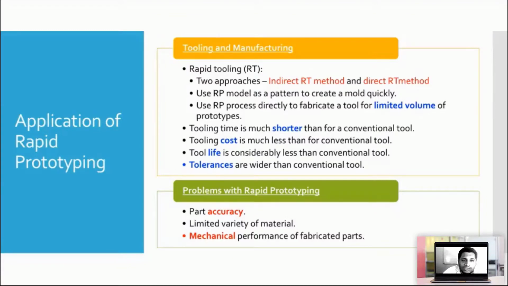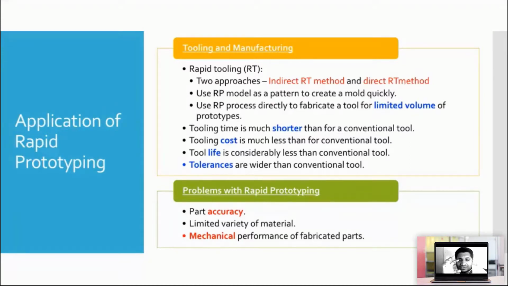Now, as you can see, when we talk about the tool cost, in milling and turning, when the tool does a lot of products, then it wears out. The cutting edge becomes blunt. So the tool needs to be replaced. For rapid prototyping, this is not a problem. So it reduces the tooling cost.